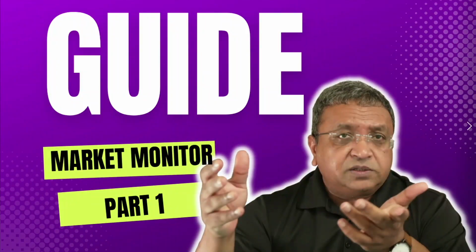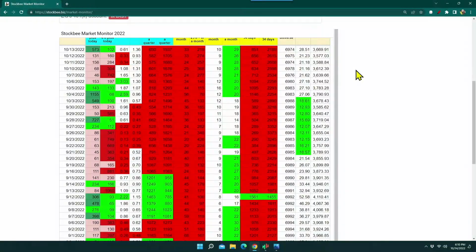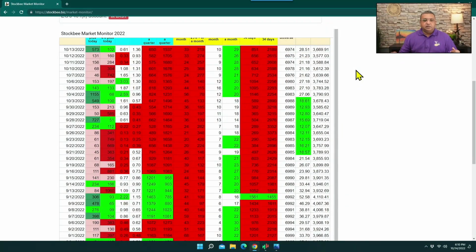Market Monitor is a market breadth based timing tool. It is used to determine when you should be bullish and when you should be bearish. Now, in order to use it, you need to understand the structural logic behind it. And once you understand the structural logic, you need to understand how market breadth is calculated and how